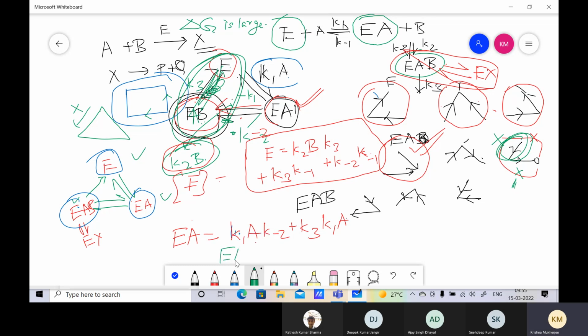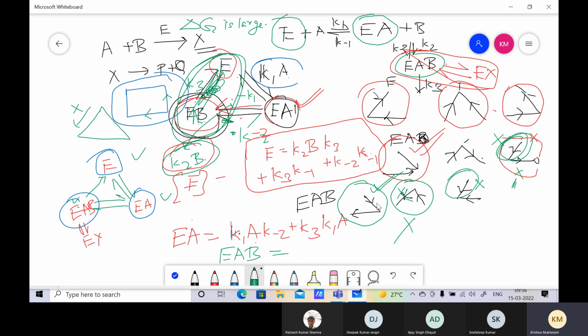Similarly EAB में देखिए ये एग्जिस्ट करेगा, सॉरी ये एग्जिस्ट करेगा, which will be this plus this. ये वाला एग्जिस्ट नहीं करेगा क्योंकि इसमें ये डायरेक्शन है और this reaction does not exist, so this will not exist. Are you getting the argument? Because ये नहीं है. And this one will also not exist because ये नहीं है. ये E to EAB तो है ही नहीं ना, तो ये पॉसिबिलिटीज ये सब गायब है, तो EAB का सिर्फ ये वाला टर्म होगा, this and this,